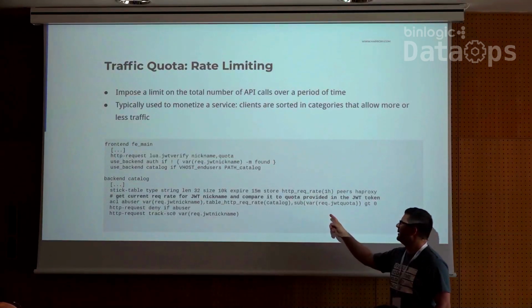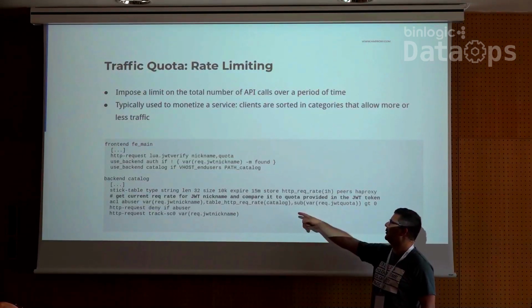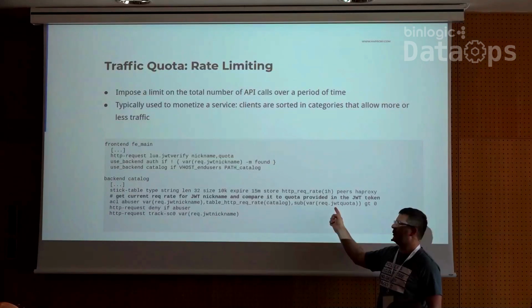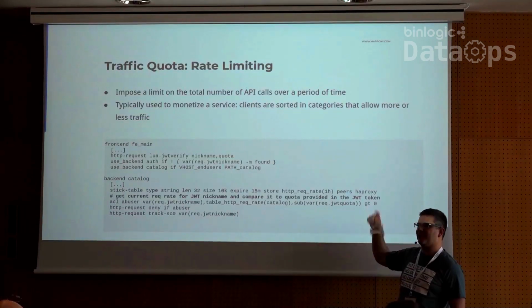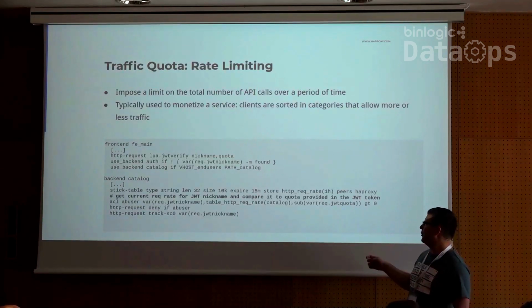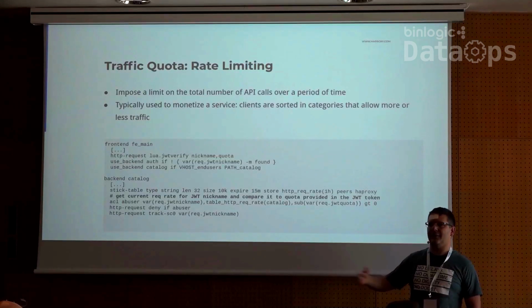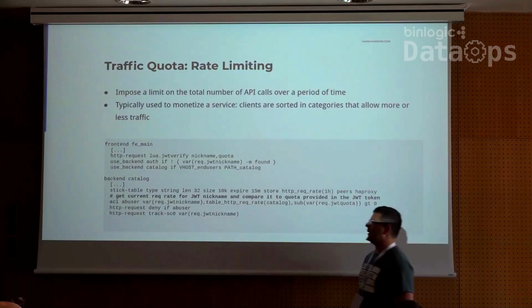And I can also subtract the quota of this user from this particular rate. And of course, if the subtraction of the allowed traffic and the quota is greater than 0, it means that this guy is over quota. And then I can do whatever I want. In that case, I'm doing a deny.